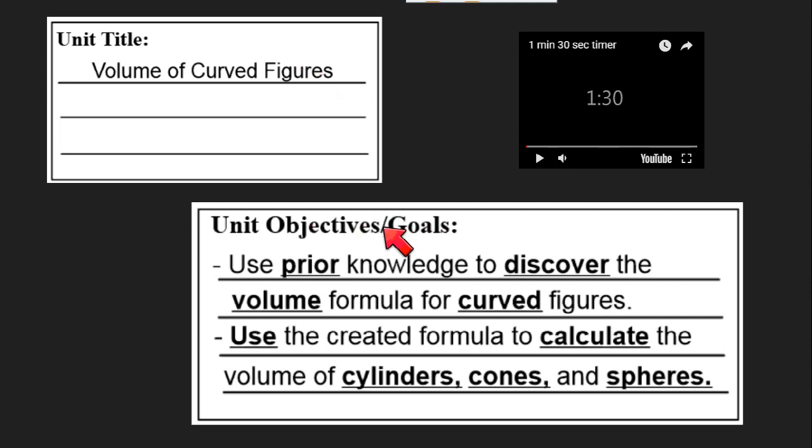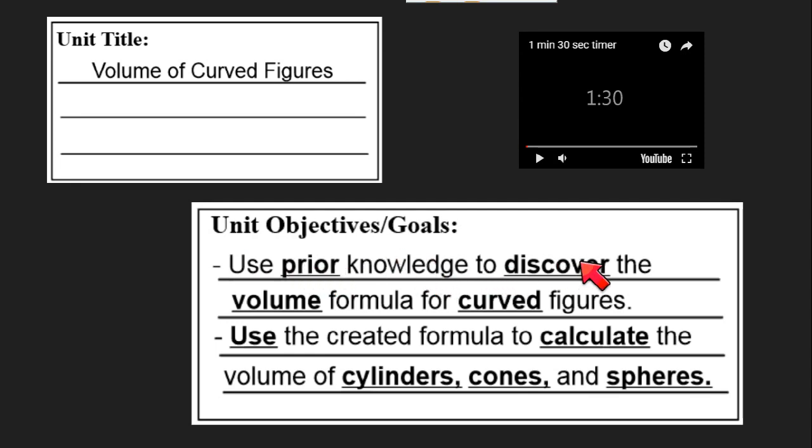Let's look at our goals or our objectives for this unit. Remember, everybody is participating. We're all a team. We all say the words. So when we get to an underlined or bolded word that you had to write down, you're going to say that out loud, just like what we do. Okay? Here we go. So it says, first of all, our goal is to use